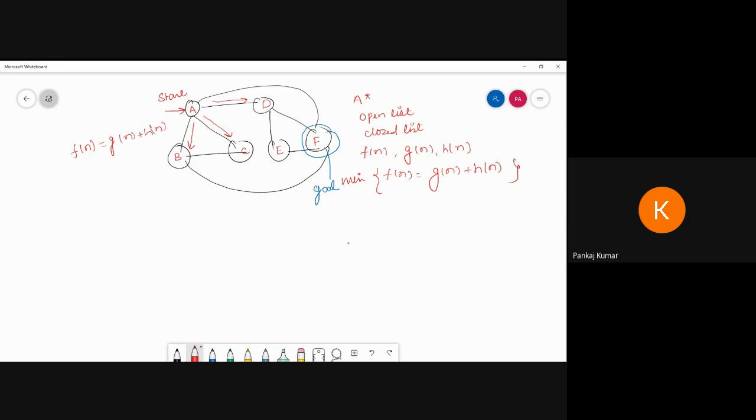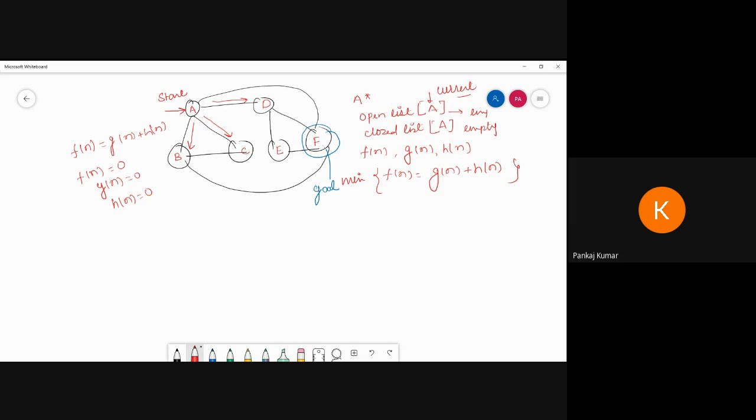The first node is opened, so I can put it in the open list as the current node. After exploring this node, we have to put it in the closed list. At the starting point, the open list is empty and the closed list is also empty. From the starting point, the f of n value is 0, g of n value is 0, and h of n value is 0. Is it true? That means from the start of your program, these three values f of n, g of n and h of n should be 0.